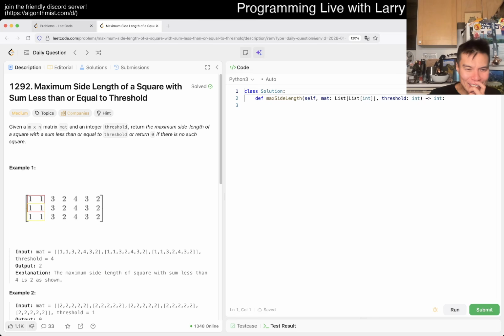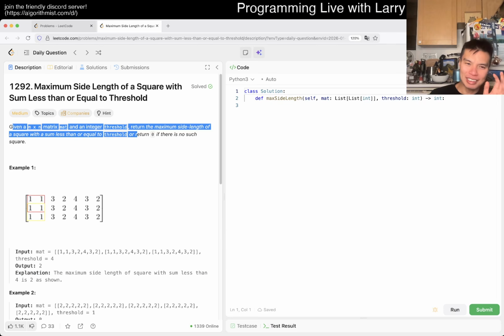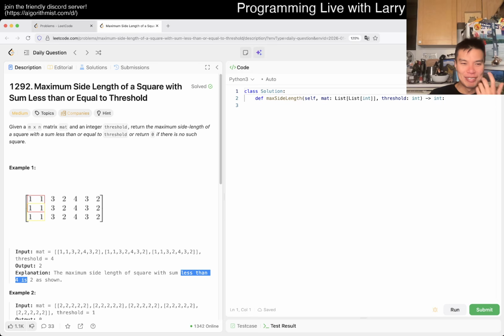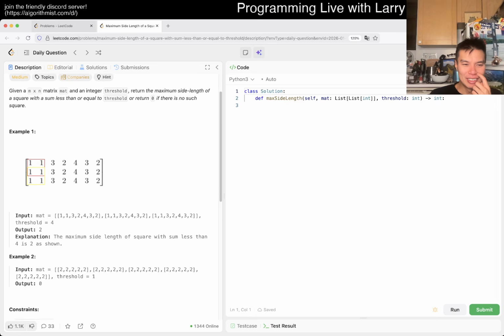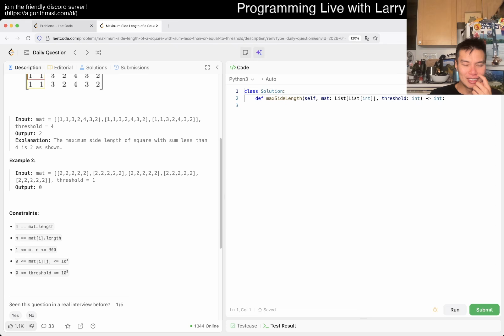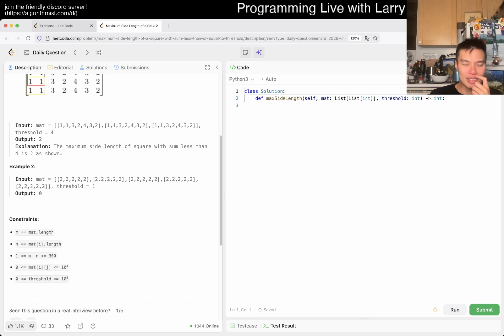Okay, what is going on? The maximum side length of a square with sum less than 4 is 2 as shown. Why? It's 4, right? Less than or equal to threshold. But okay, I see. So the description is correct, but the example is kind of wrong. Okay. Anyway,